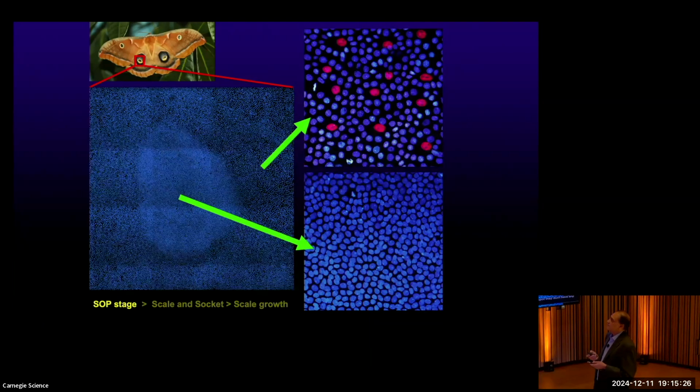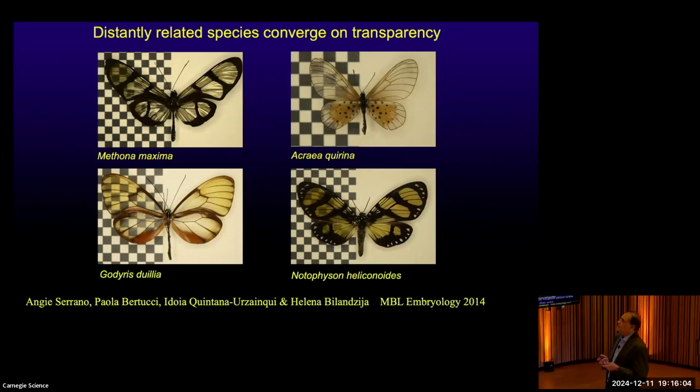forming. And so we've been able to show, in fact, that very early in pupal development, in the area that's going to form scales, these red cells are the precursors to the scales just starting to develop. And they're going to divide into the scale and a sister cell called a socket that holds it in place, and that's going to eventually be the scale. But in these moths, this area that's going to be transparent, in fact, never even makes the precursor to the scale. And so we're very interested. We know a little bit about how these precursors get set up. So we're interested in how the moth in this very precise location aborts scale development, so it never makes them in that area.